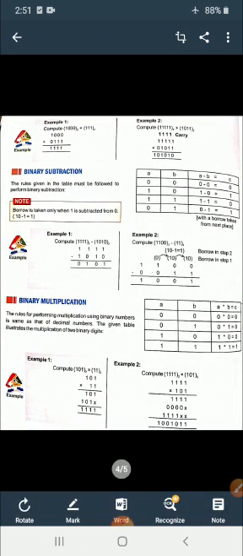Here let us see example 2. The first one has 5 ones, and the next one is 1, 0, 1, 1. In the first one we have 5 digits, and in the second one only 4 digits. At the beginning I have kept 0 here, so I made them into 5 digits. As we all know, if you place 0 at the extreme left side of the number, its value doesn't change. That's why I have placed it like that.